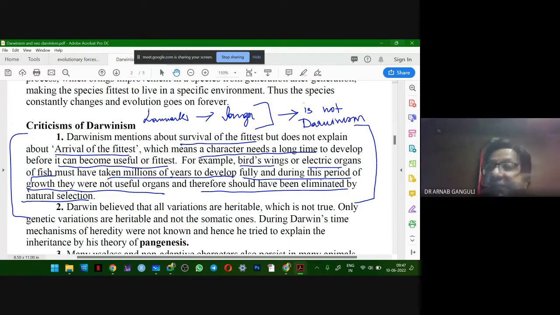So this criticism, the first criticism, was that, okay, fine, those fishes which had electric organs got a selective advantage, right? In a changing environment, it is going to stun its prey to get more prey, so it's got an electric organ. But for this electric organ to develop in a fish, it will take generations after generations when it is not fully utilized. So essentially, their criticism was of Lamarck, not of Darwin. So this criticism is not valid,